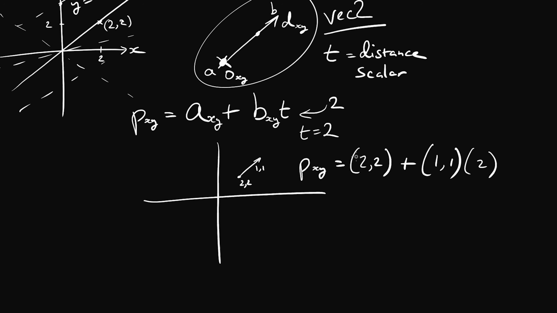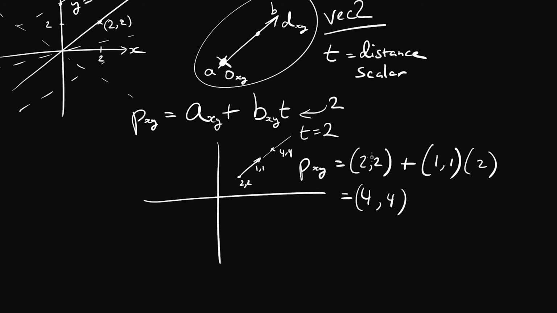Now, I know that these are in vector form, which might make it look like it's a bit trickier to solve. However, we can actually separate these by axis. Does not matter here at all, since x and y are actually identical. They're both 2, and they're both 1 here, so we can just ignore one of them. Basically, if we just do this math, we have 2 plus 1 times 2, which is just 2 plus 2, which is 4. And so we know that the result here is 4, 4, which means that if you move along this line by 2 units, you will end up at 4, 4, which as you expect is the correct answer. So that's how we can use this equation.